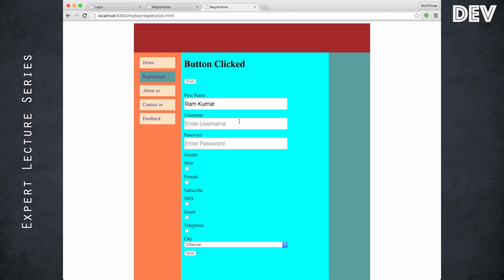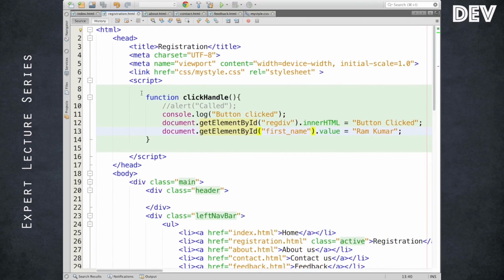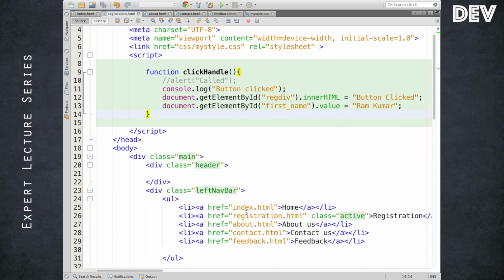For example, only when the page starts loading or only when the script is executed, the JavaScript block becomes active. Any global object, whatever you specify, will get a value the moment it starts executing the script block. But the function calling was slightly asynchronous, because the function is not executed immediately. The function was executed only when the button gets clicked.